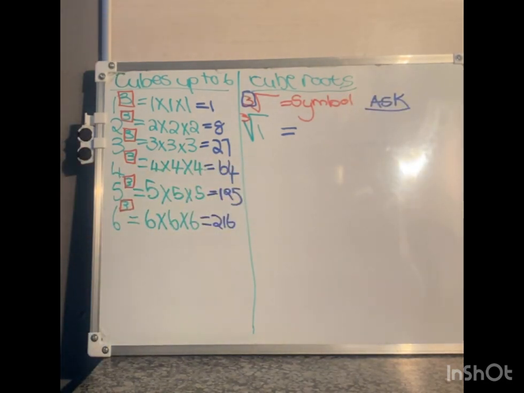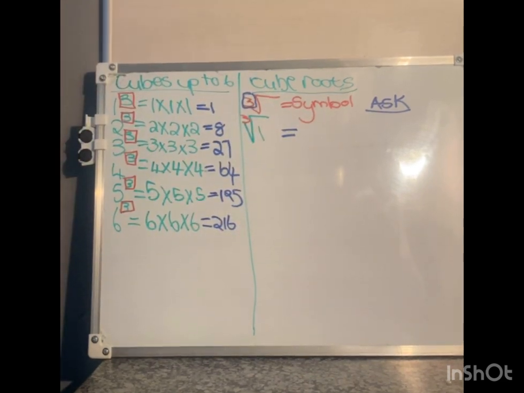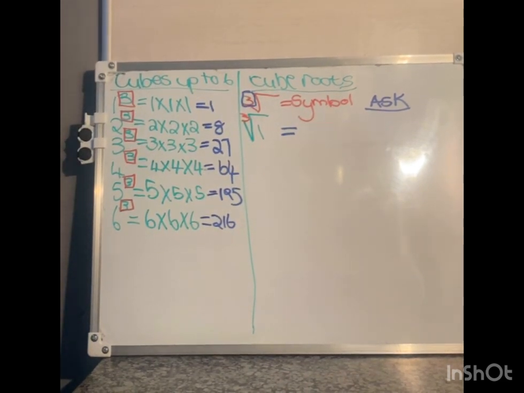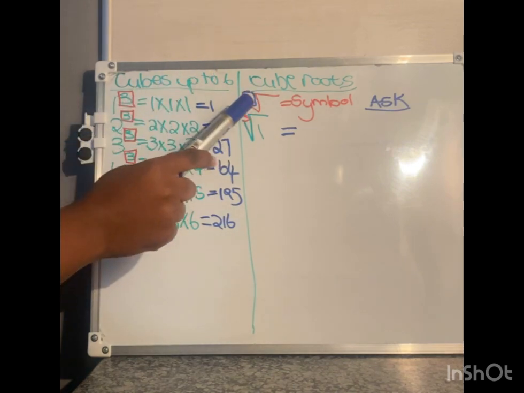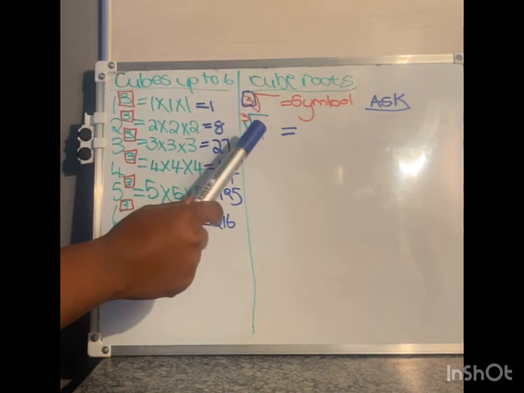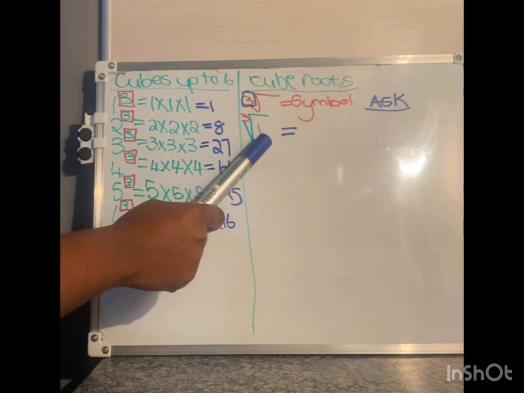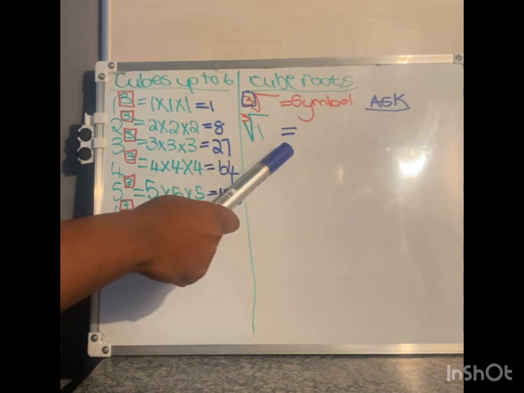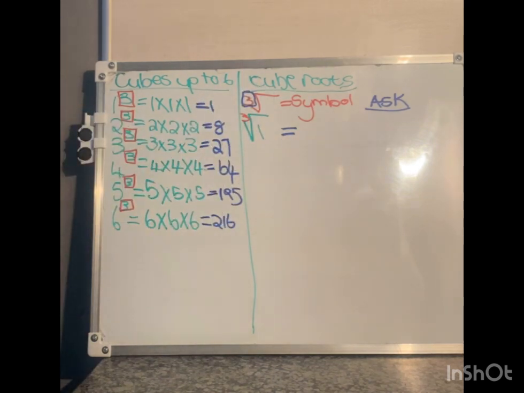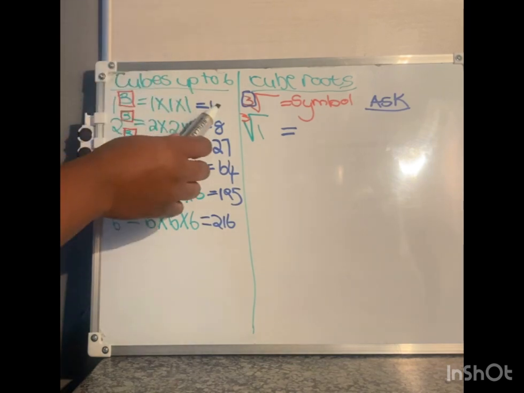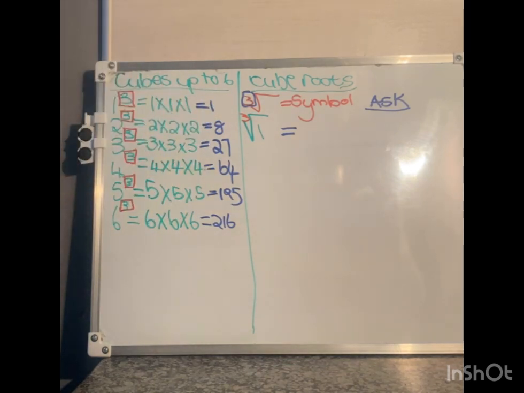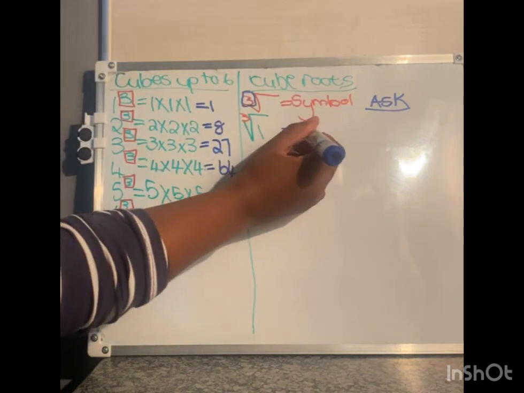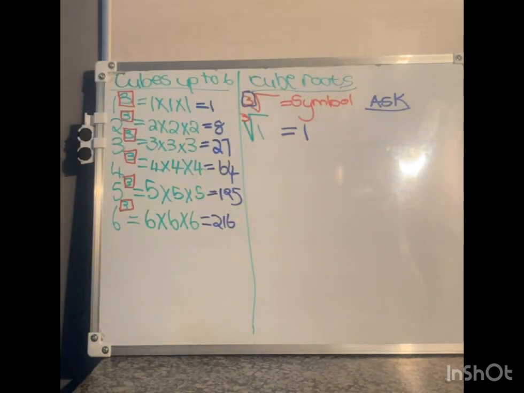There's an ask. What number multiplies itself, and itself again, to give you 1? What number is that? And that number is what? It's 1. The number is 1. And then when you do the cube root of 8,